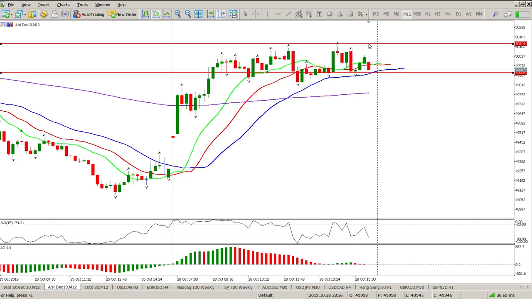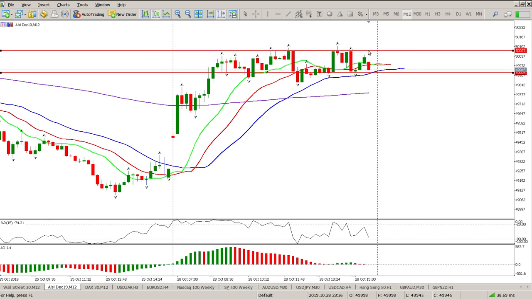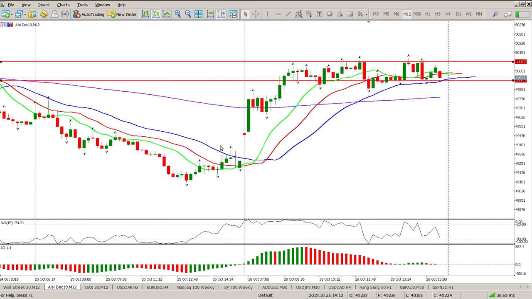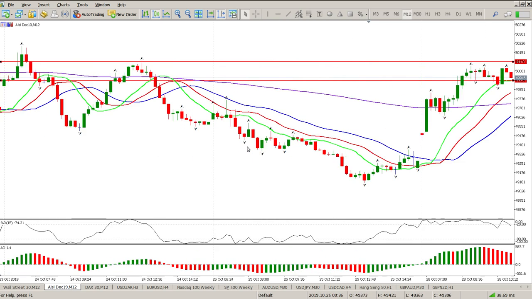If we do break above this fractal here, 50,077, and get a 12 minute close above that, you see we haven't had a 12 minute close above that, then I would be looking at longs. Okay, definitely also looking to buy lower down. Just don't want to buy up here, looking to buy lower down. Either at this gap close, it would be a good area,